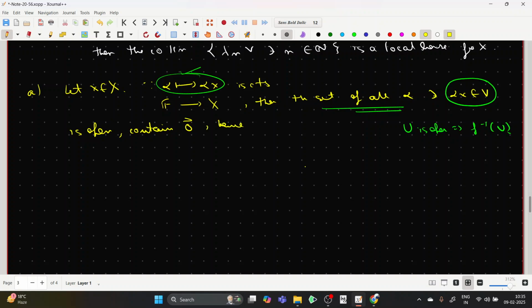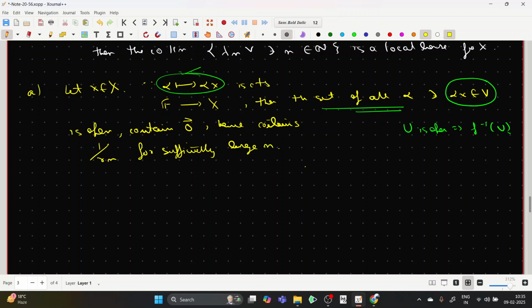Now see, Rn is unbounded, so 1 over Rn for sufficiently large n is a small quantity, so it's in some neighborhood of the origin, so it must be contained here as well. So it contains this for sufficiently large n,